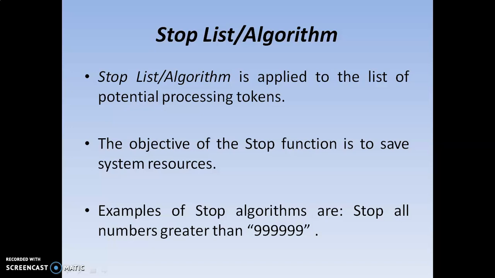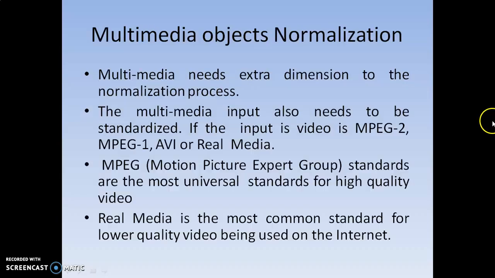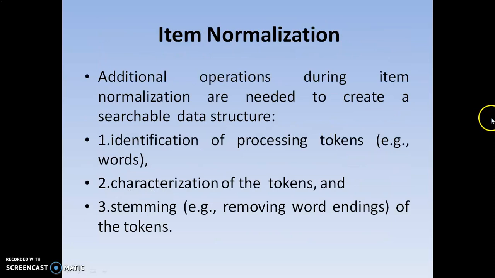Okay. So the stop list algorithm is used to search for an item based on certain constraints or conditions. That is the main use of this algorithm. It is used to enhance the search, enhance the precision, improve the quality of the search, and also optimize the search. Okay, so these are the various things we have seen. Once again, we recap all these things.